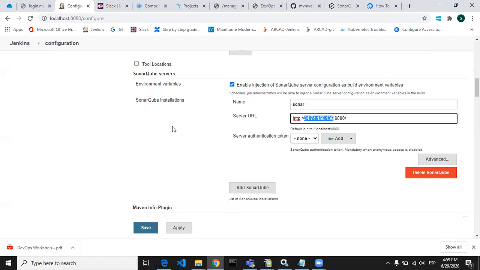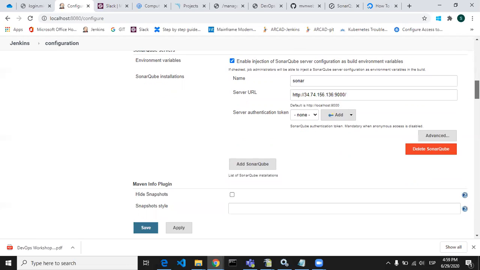First, let's see the configuration part of it. Server authentication: if you have changed any configuration and edited the username and password, then you have to give it here. Otherwise, put none. This way you need to configure your SonarQube installation in the Configure System part of Jenkins. Let's apply, save.